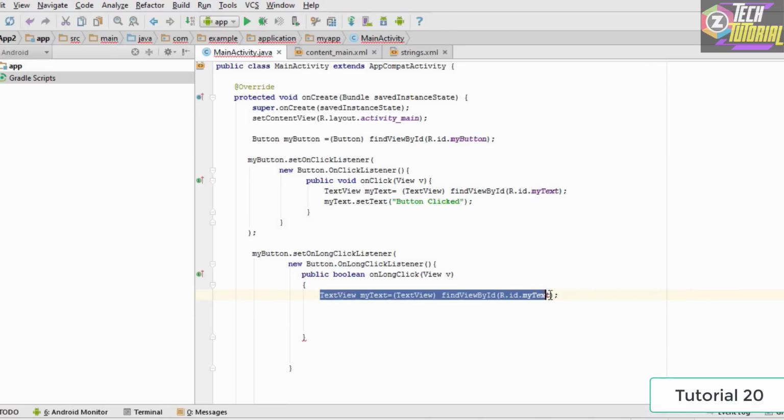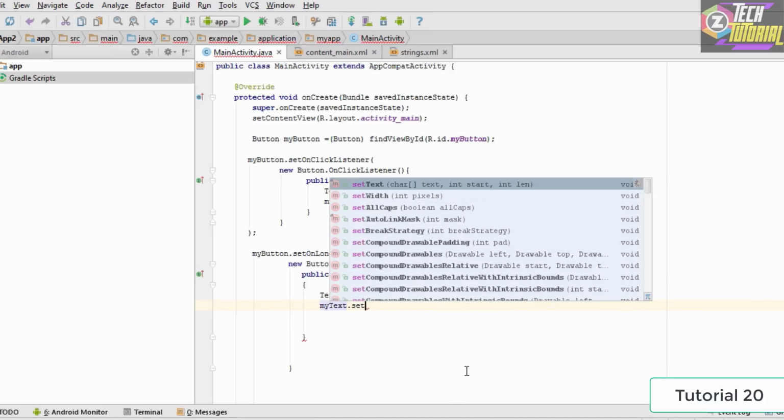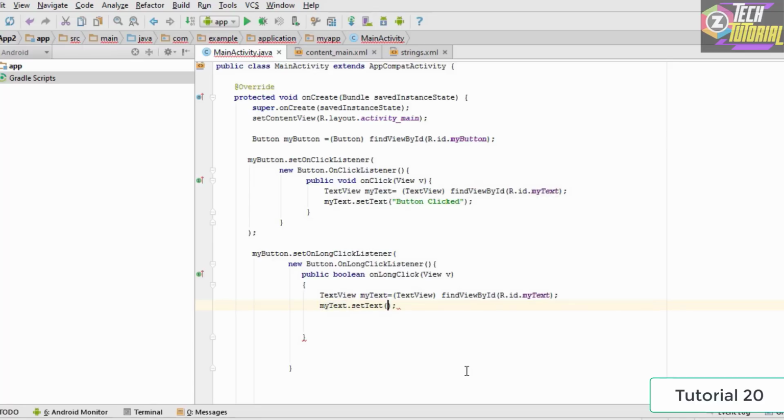Now once we have the reference to the text, the next thing which we do is that we set the text of this text view. So in order to do that, we type myText.setText, and setText is basically a method which is used to change the text, and inside it we type long button press.